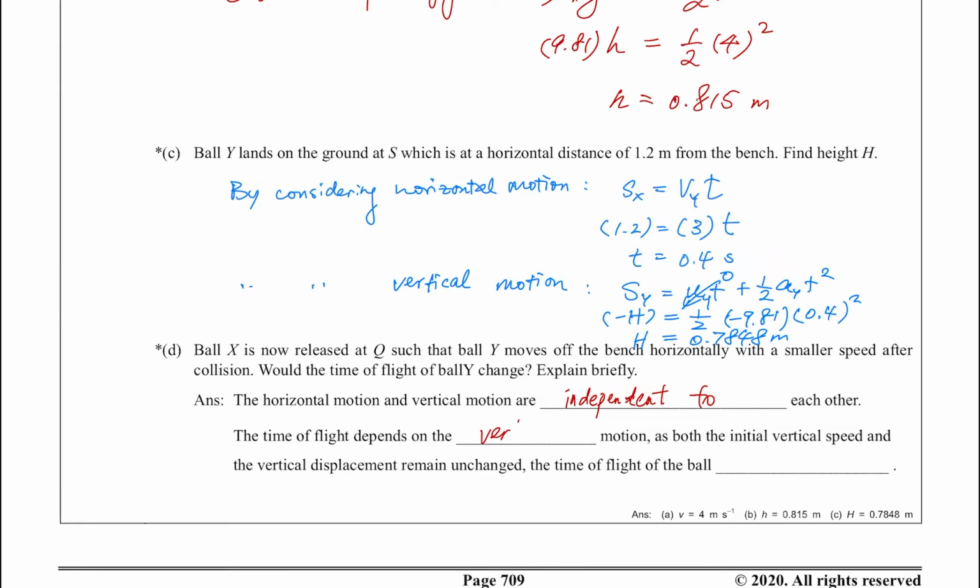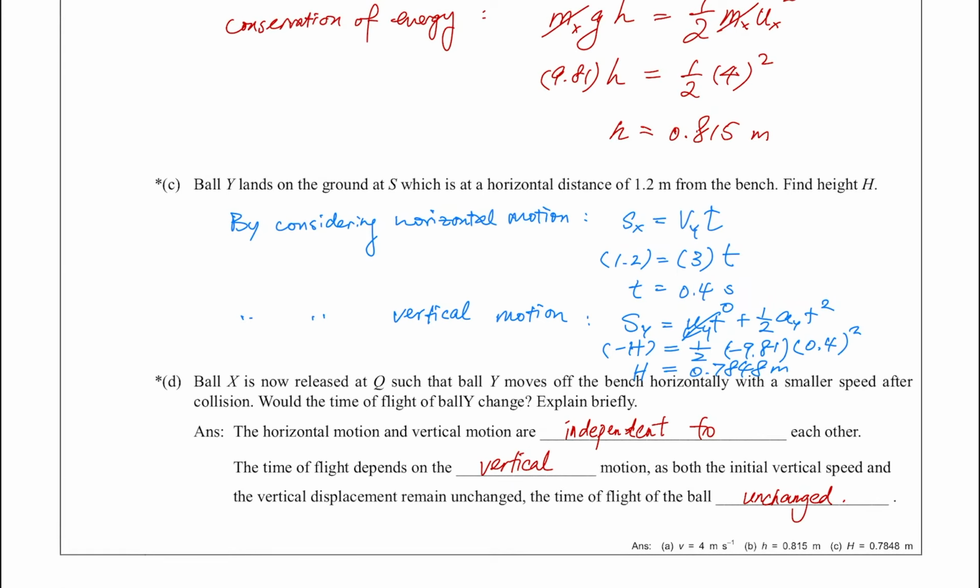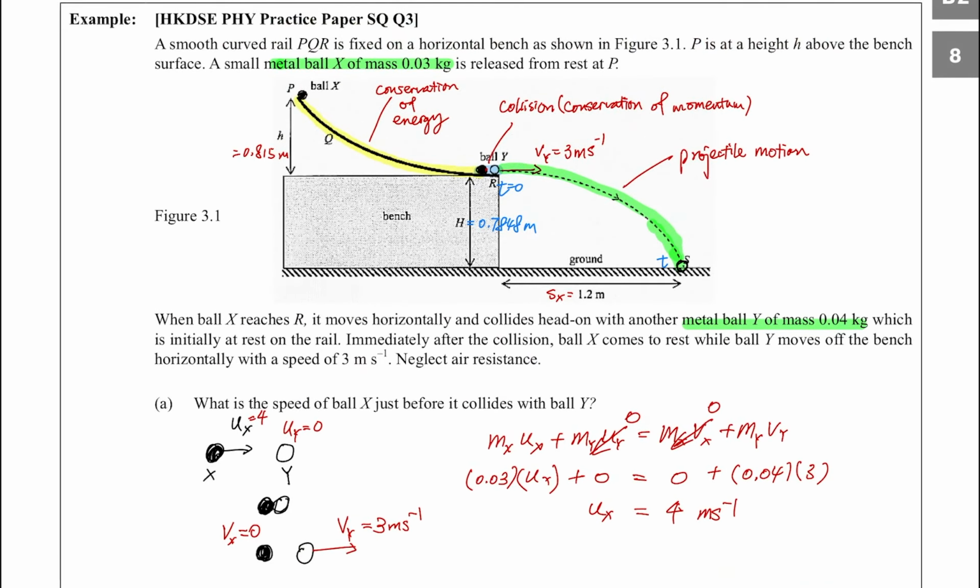The time of flight depends on the vertical part of the projectile motion. As both the initial vertical speed, which is 0, and the vertical displacement remain unchanged, the time of flight of the ball will be unchanged. Okay, so here, be careful: the horizontal part of the motion and vertical part of the motion should be independent. And in this case, the time of flight, when the ball goes from here to here, how much time did it use? It depends on the vertical distance. How long does it take to go from point A